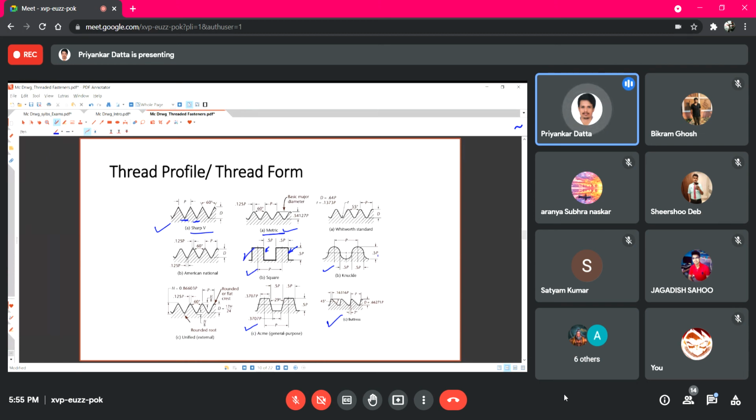And this kind of knuckle thread is seen in old torches, if you have seen a torch bulb in old aluminum torches. If you check in recent days also, nowadays these B22 bulbs all have this knuckle thread, this circular thread profile on it.